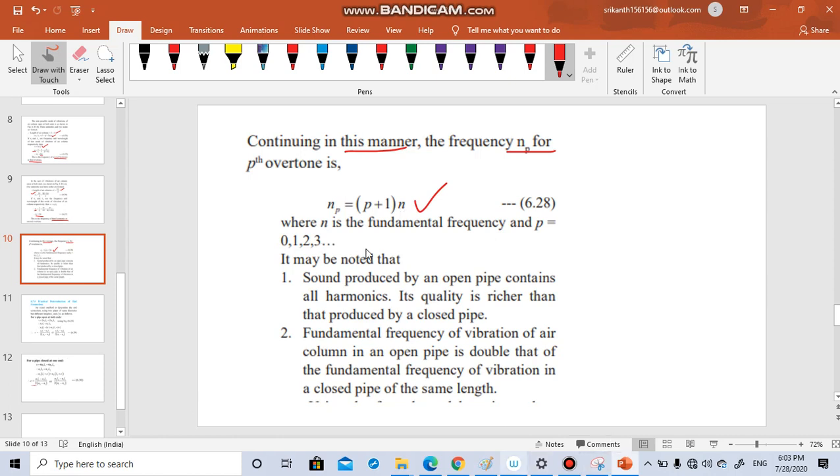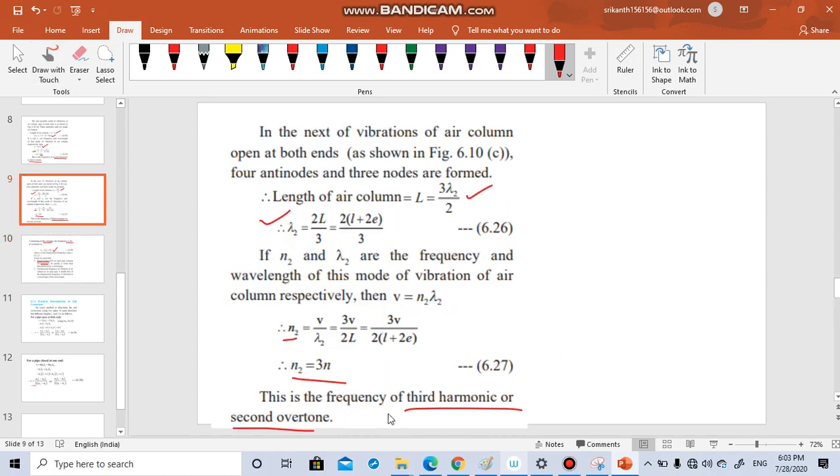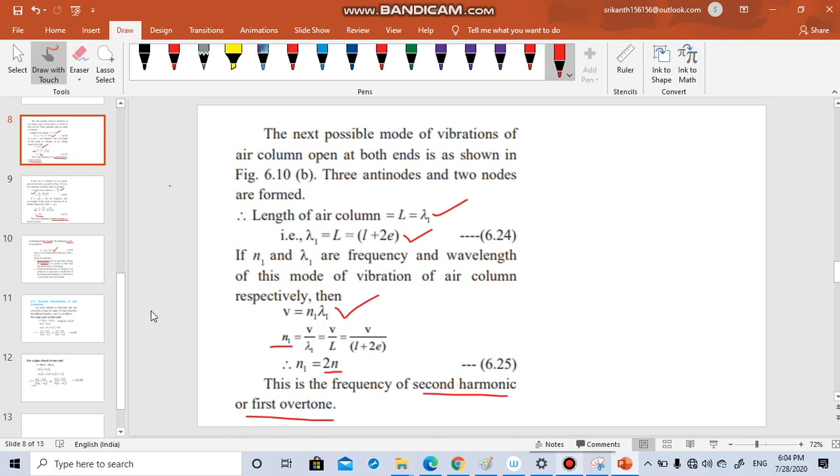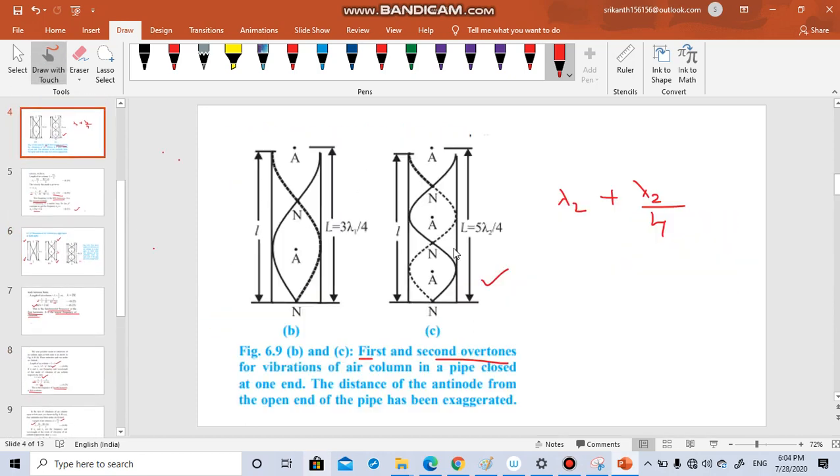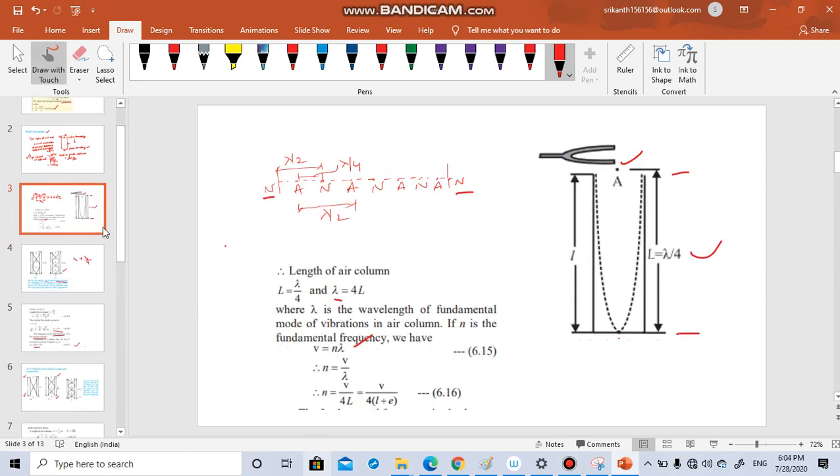So here, see, when air passes through a pipe like your flute, different sounds will come. No? So the sound produced by an open pipe contains all harmonics. That is what we have seen. You see here third harmonic is coming, second harmonic is coming, right? First harmonic is anyway there, but in the case of one side free, one side fixed, you did not notice that. See, in this case, what is happening here? What is happening?